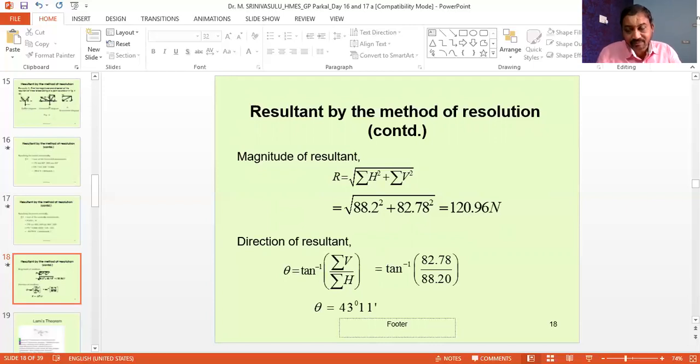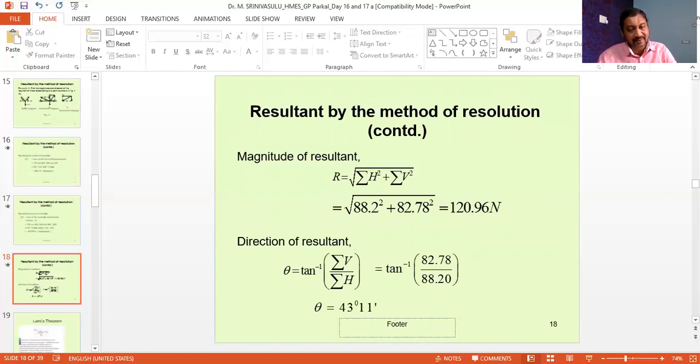In this way we have to work out the problems, and in deciding the direction of the resultant, first we have to find the angle theta, and depending on the signs of sigma h and sigma v, that is the cos theta and sin theta values,